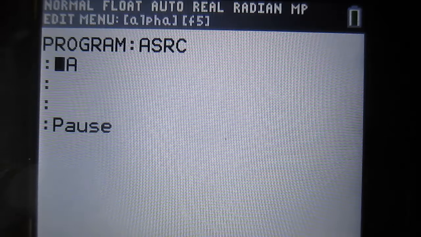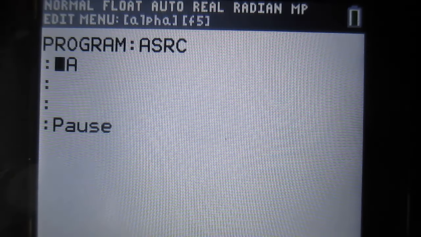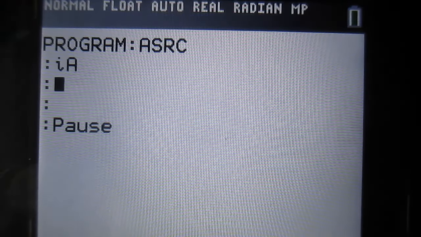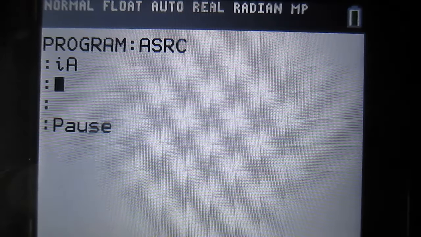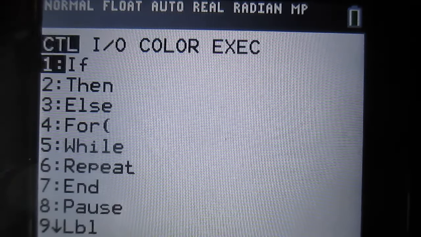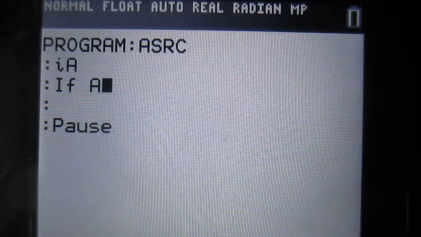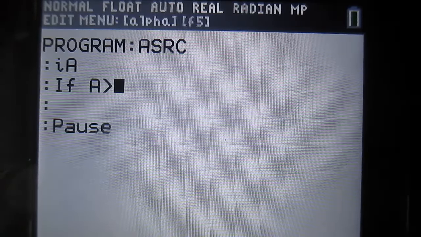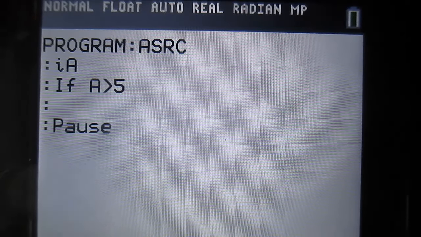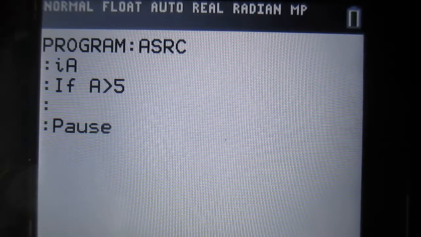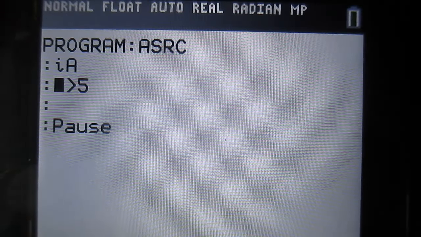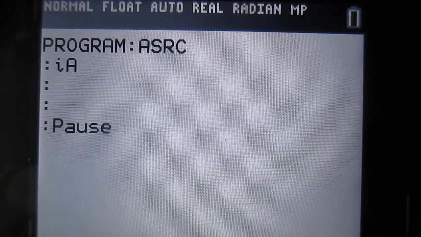Okay. So we talked about conditionals last episode, which, just as a refresher, was the argument part of the if statement. So we said if, and then we gave it an argument, say a is greater than 5. So this a is greater than 5 part is the conditional. Okay, so we use a conditional as an argument for an if statement, but we can also use it as